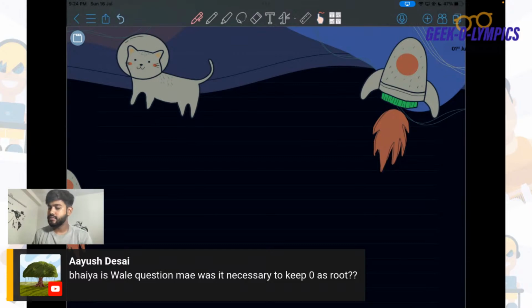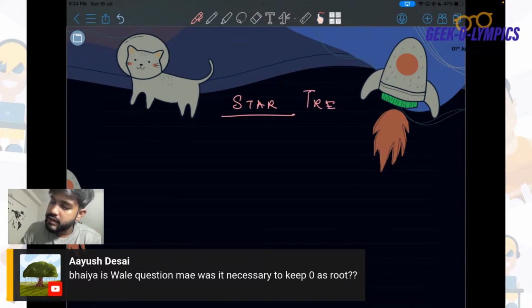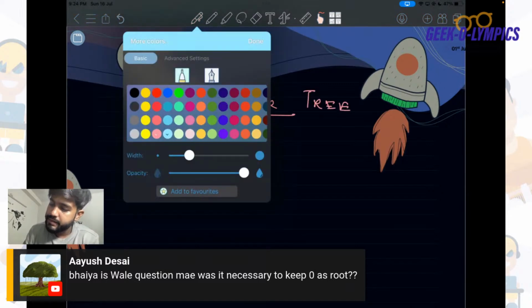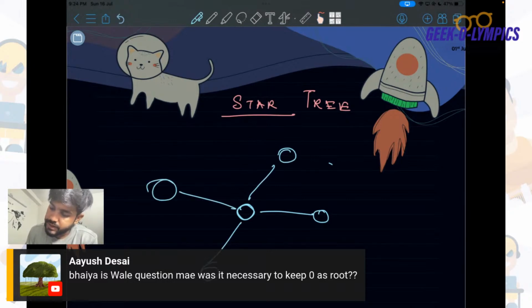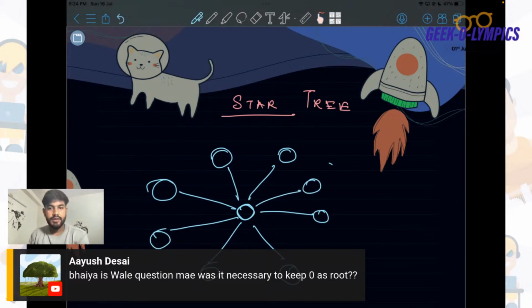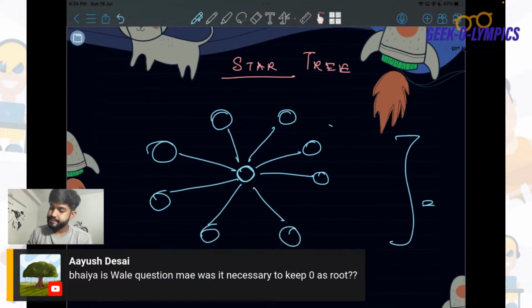So a star tree, as the name suggests, is a form of tree where we are given a center node and all the other nodes would be in this form itself. Okay, fair enough. So this is what a star tree looks like, and in this question you are told that you are given